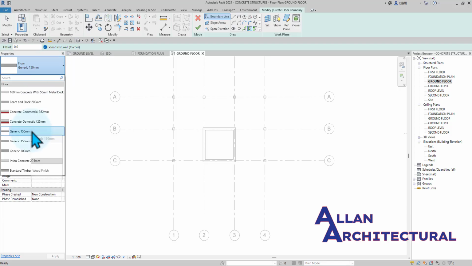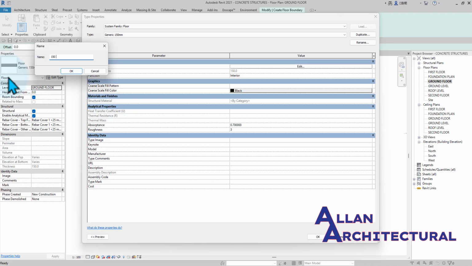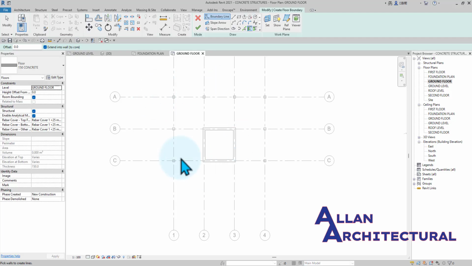slabs, I'm going to keep this at 150. I think I'm fine with this. Let me just duplicate this and call this the 150 concrete structure. All right, let me just call this concrete. Yes, 150 concrete. All right, so let me just click on OK, and it's set to 150 with the entire thickness, and just click on OK, and we can now start to draw out our